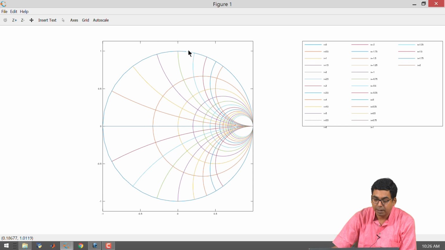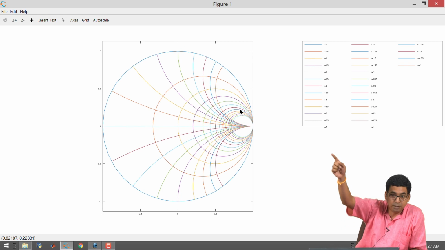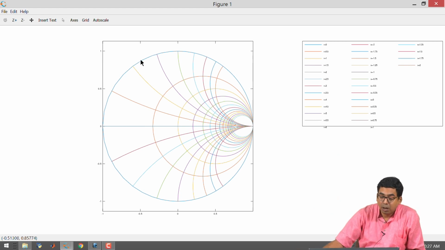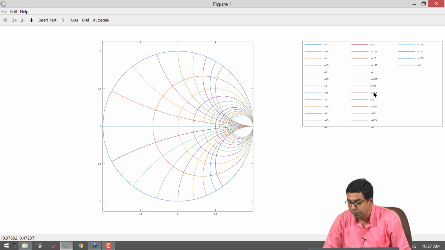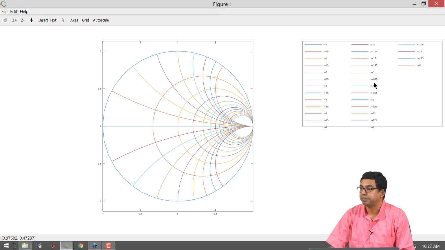Previously we had the circles which were shrinking in radius and moving to the right for fixed value of resistances with varying values of reactance. So the blue circle outermost corresponds to R equal to 0 with J going from one value to another, okay. Now we are having some additional plots that are coming into the picture, okay. Each of them deals with a different value of reactance, okay.